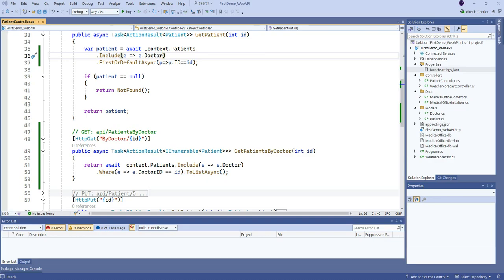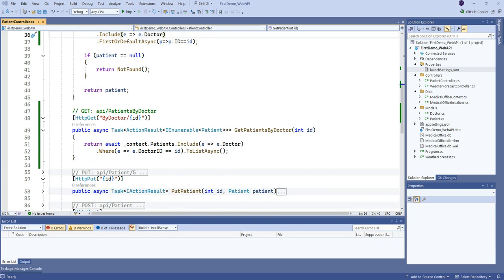But we can actually work directly in the URI to access the other actions we have. But it's kind of interesting to notice this one. Remember, this is the one we just added to filter patients by a doctor identified by their primary key. But here is where we define ourselves how we want to actually get it, right? Anyway, patient by doctor. Now, I could put anything I want. I could say by physician. I could say by any key. It's up to me what text I use as part of the actual